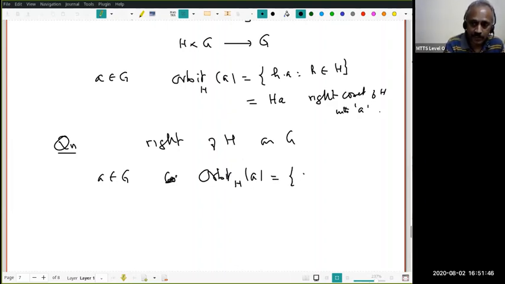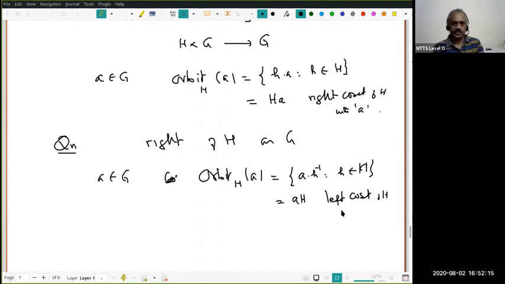Now we know that H must act on the right, but how does it act? It is h a h inverse, h in H. But notice that since H is a subgroup, in particular a group, as h varies over H, h inverse varies over H. Therefore, this is nothing other than the left coset. Even though there is h inverse, this is nothing other than the left coset of H. Therefore, for the right action of H on G, the orbits are going to be left cosets.